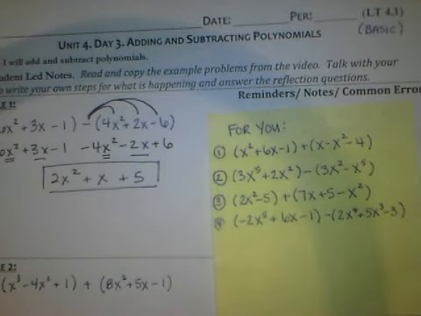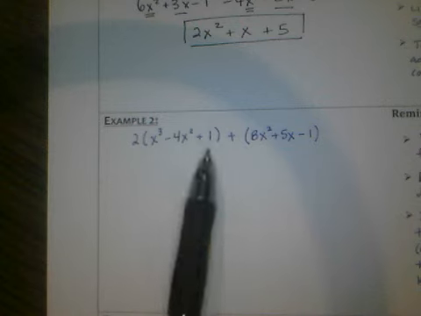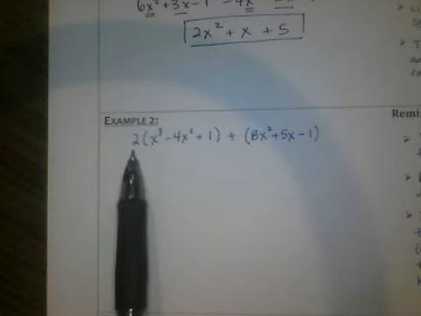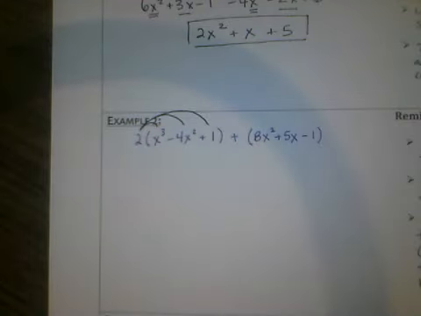The next example looks pretty similar, but there's one important difference, and you'll notice the difference out front. In this second example, we are adding, and the first polynomial has a coefficient of 2. So just like we distributed the negative up top, we're now going to distribute the 2, which means that we're going to multiply it. Now, really important that you only multiply times the first polynomial